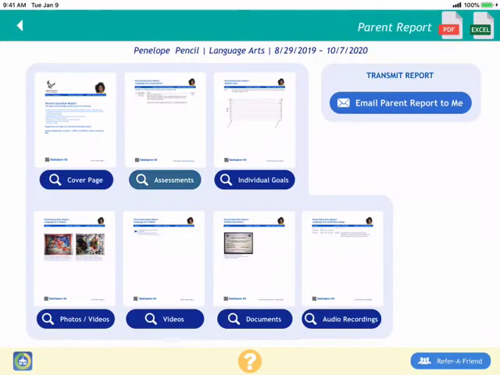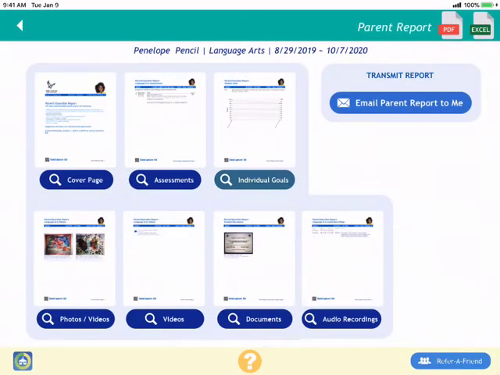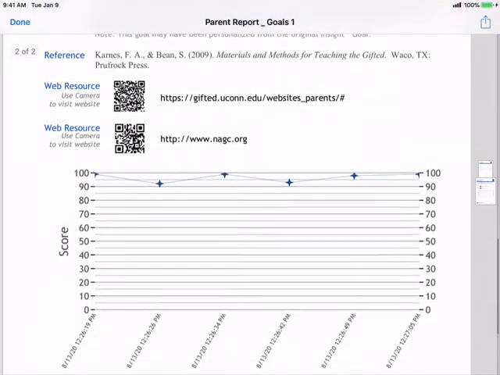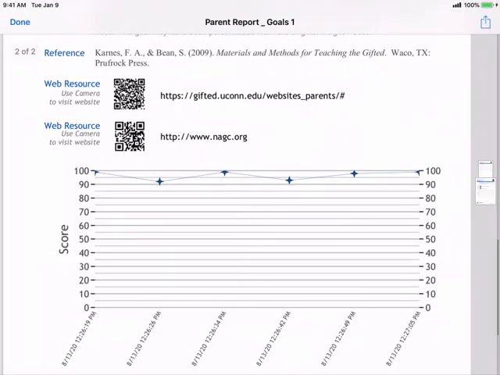This is an example student assessment report. This is an example of a goal report based on an insight point. Insight goal materials include QR codes for parents to easily access websites to further understand state-of-the-art materials and methods that